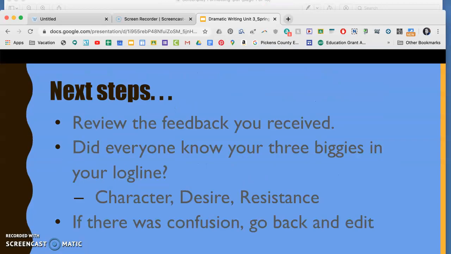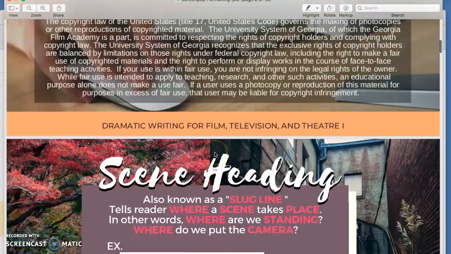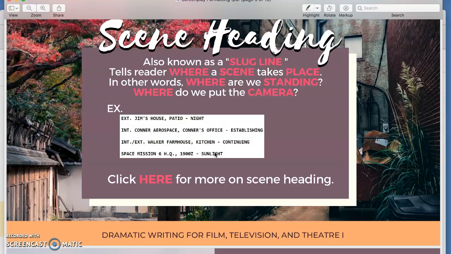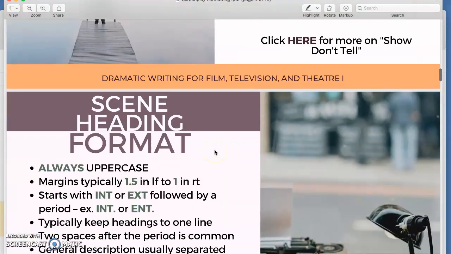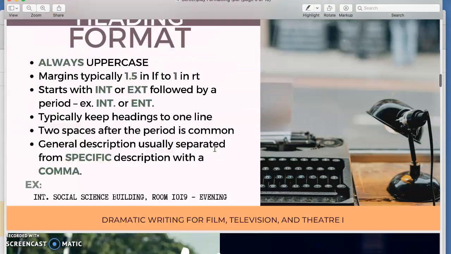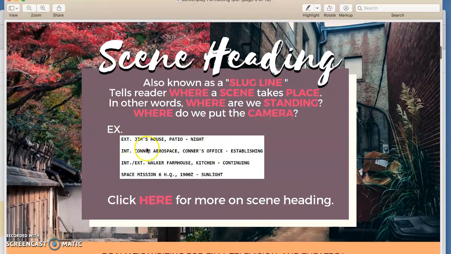Okay, I want to go back and recap this. So these were our slides that I have posted on Google Classroom. They're already there. They're attached to the assignment that's due today. So feel free to go back and review that if you need to. So we talked about scene headings, and that was the one that starts with interior or exterior, and they have a location, and then they have the time of day. So those are the three things that a scene heading always has,